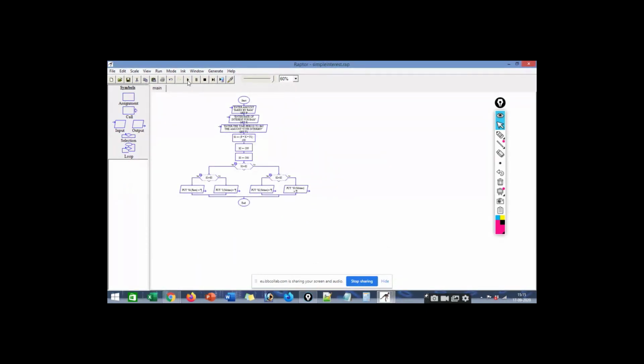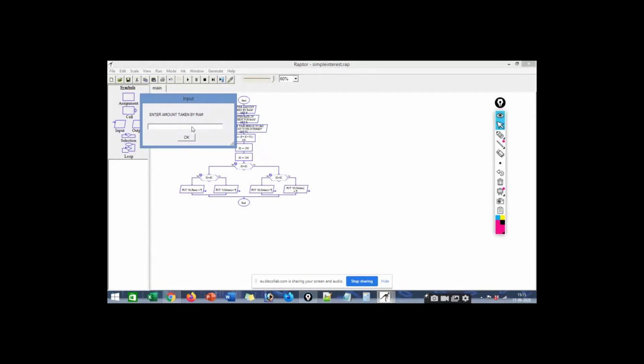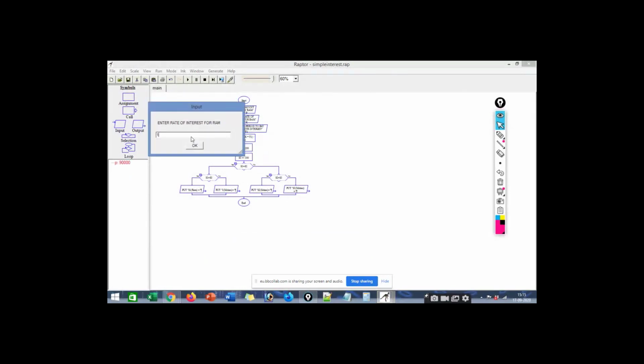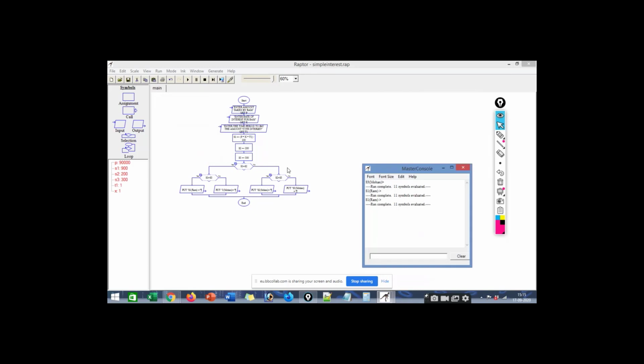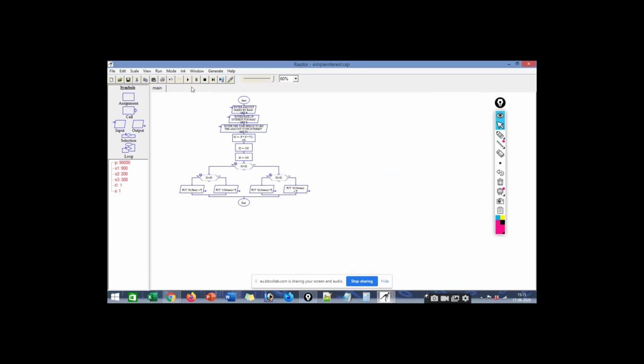If I run it again with the same inputs, again you can see that RAM has the highest value.